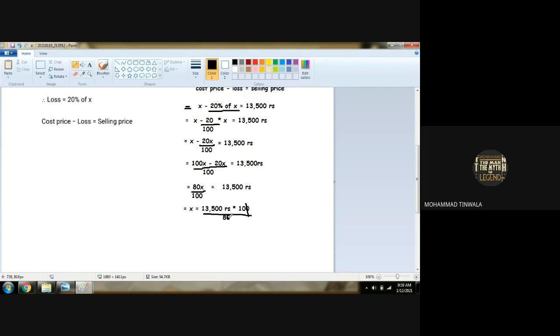0, 0 got cancelled. 2 5s are 10. 2 4s are 8. 2 2s are 4. 2 6s are 12. 2 6s are 12, 1 carry. 2 7s are 14. And 1 carry, 2 5s are 10 again. And 0 as it is. Again, 2 1s are 2. 2 3s are 6. Again, 2 3s are 6. 1 carry, 2 7s are 14. 2 5s are 10. Now you multiply